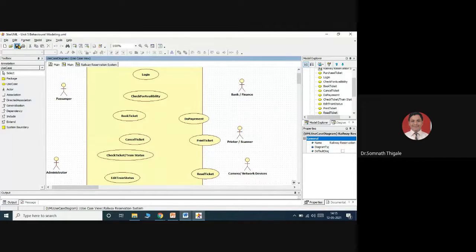Okay, save this part. So what we did, as per the definition, I will say the definition once again, and if it's not clear, ask, or just pay attention. We are going to draw the use case diagram. That use case diagram is made up of three basic elements. The first is called what? Actor. The second is called what? Use cases. And the third is called what? The relationship between the actor and use cases. Once you are able to define this, you can say that you are able to complete the use case.